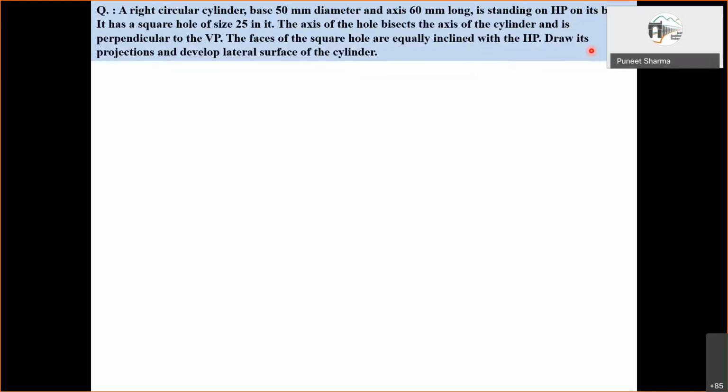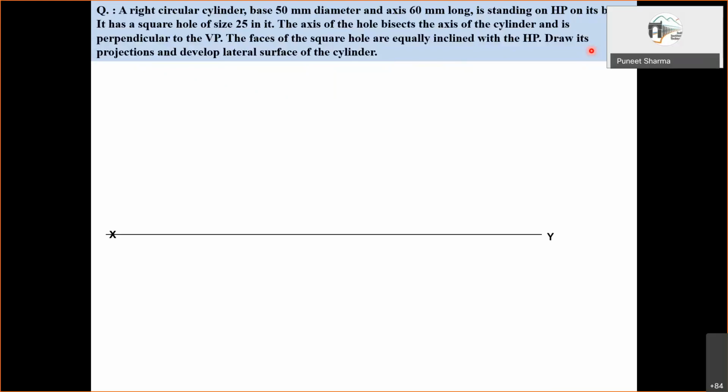That means all those 45-degree inclined edges should be visible in the front view. If we look exactly from the front side of this square hole, it will simply look like a square, and the sides of that square should be all equally inclined to the horizontal plane. So that means all the sides should be 45 degrees.